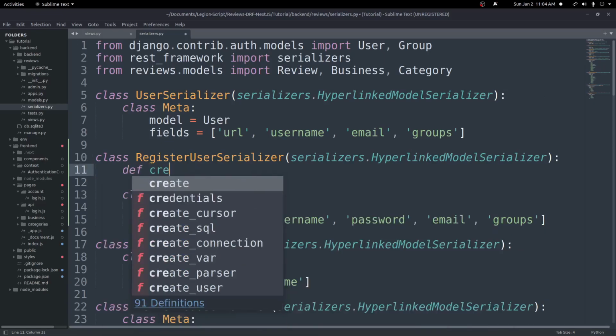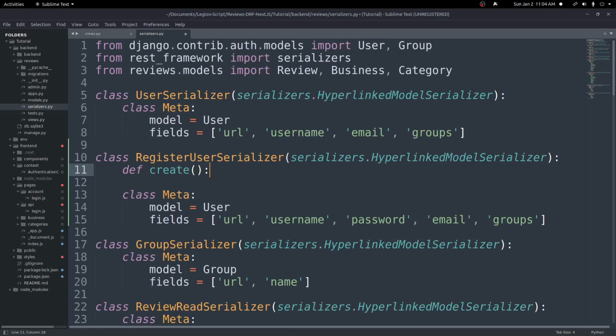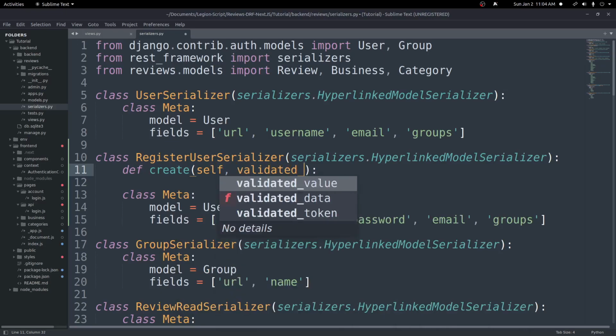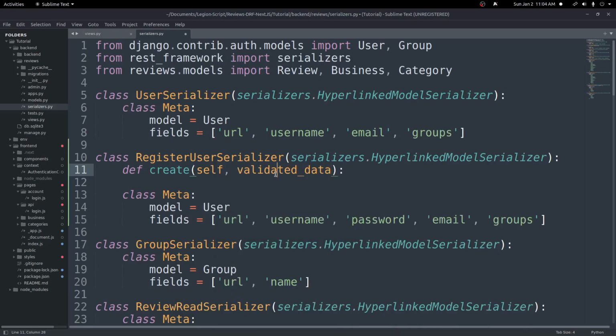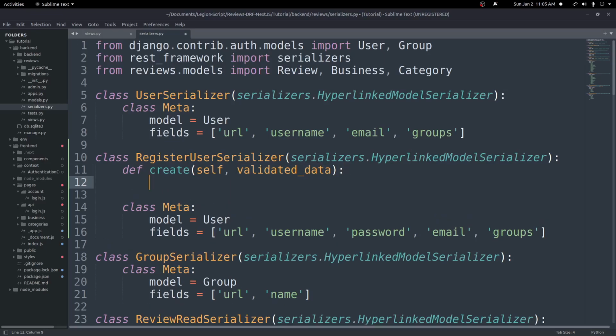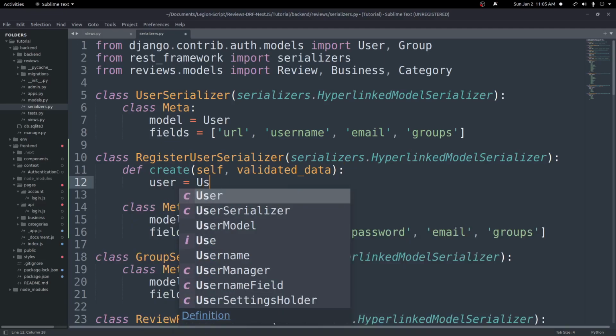So in our case, we want to override the create because we're creating a user. So we'll do a create like that, and we'll pass in self and validated data. Now this validated data will be the data the user passes in to the form. So what we can do here is we can create a new user, and set it equal to user, and we'll do